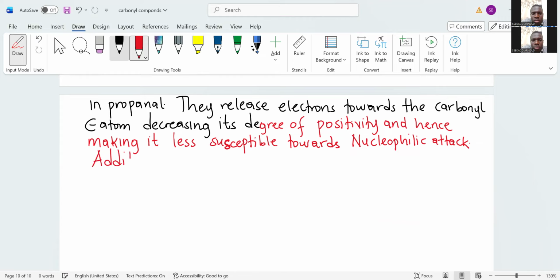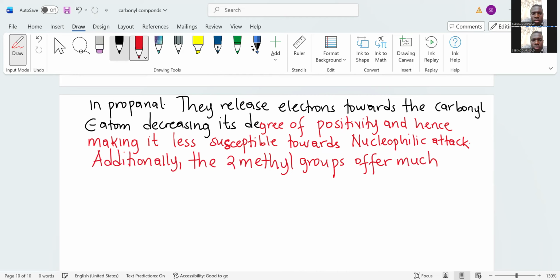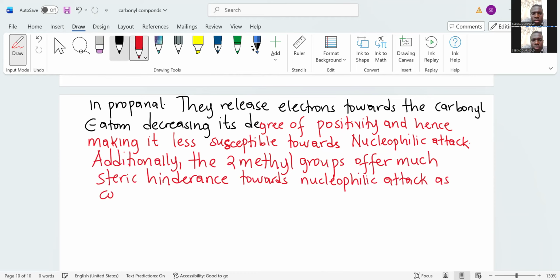Additionally, the two methyl groups offer much steric hindrance towards nucleophilic attack as compared to one ethyl group in propanal, which offers